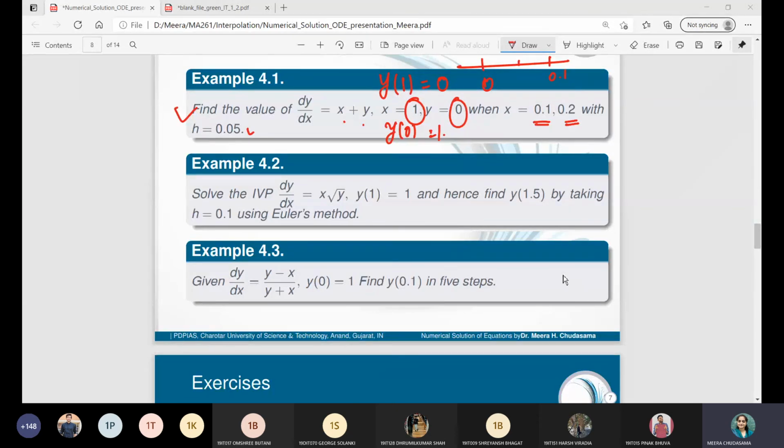Because see, this is the second last method, and after that we have RK methods. So hardly it will take 2 or 3 classes. Then your syllabus will be completed for the numerical part. So I want to complete it as soon as possible. So let me know the free slots.